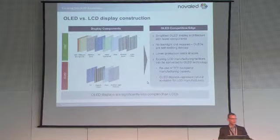It was based on fluorescent tubes in the previous times. Now it's based almost 100% on LED backlights. But you need diffusers, you need light guides, you need optical means to bring the light towards the viewer. And OLED